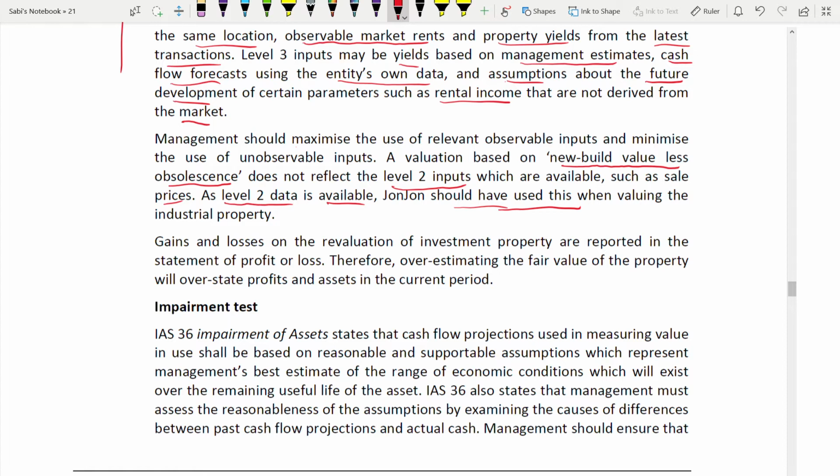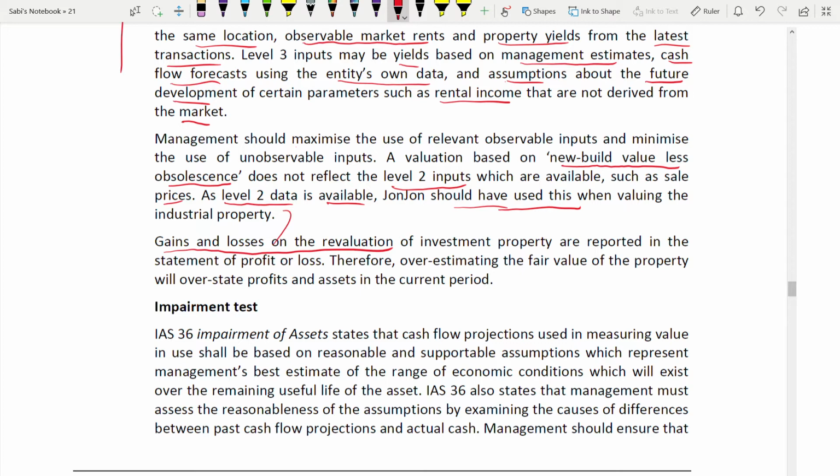it's a fair value. When it's a fair value, there will be some gain or losses also on the revaluation. Don't forget this. This is the last thing which most of the students, I would guarantee, forget about. They stop till here, I would say. But don't forget, whenever the fair value model is adopted, I'm not talking about the cost model, I'm talking about the fair value. Fair value keeps changing every year. It's not that once you do fair value it's over. No, every year you have to update the fair value. So when you're updating on the revaluation, there'll be some gain or losses every year. You need to recognize this. And where will it go? This is an investment property.